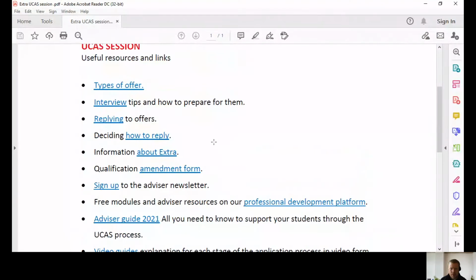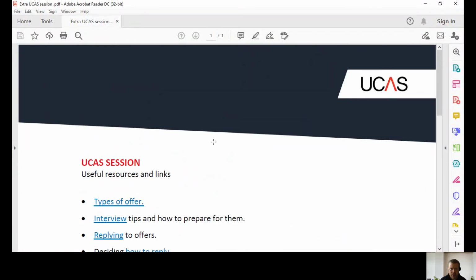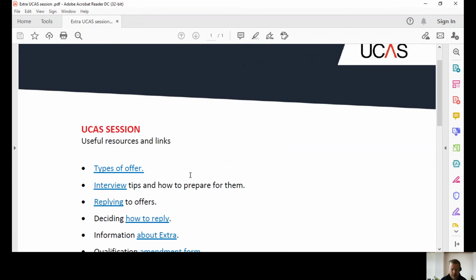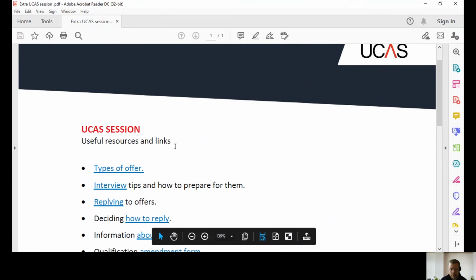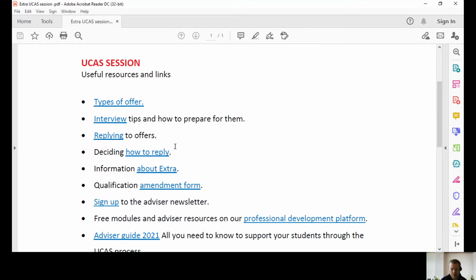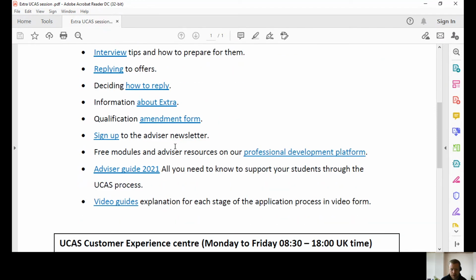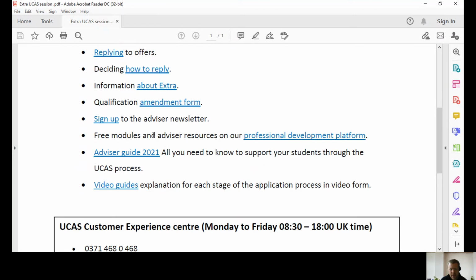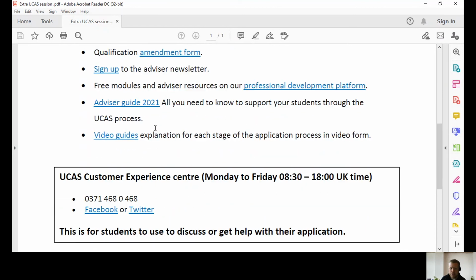through the process. For the purposes of this session, I'm not going to be using a PowerPoint. I'm just going to be talking for a couple of minutes through the various things. But what I will do is provide access to a PDF resource which contains information and support to help you with this. As you can see from the screen here, the resource will have links to the various things which I mention. You'll get access to this shortly after you get access to this recording. So no presentation, but this resource is there with all the information that you need to support your students over